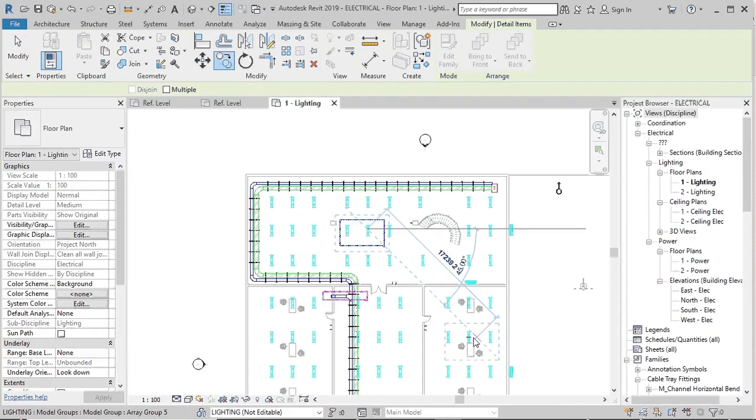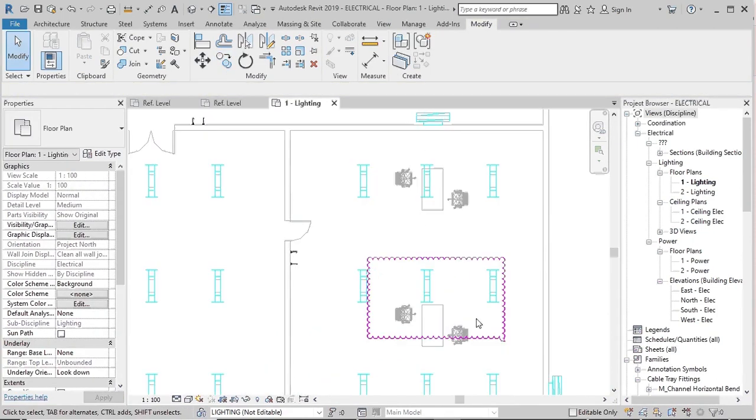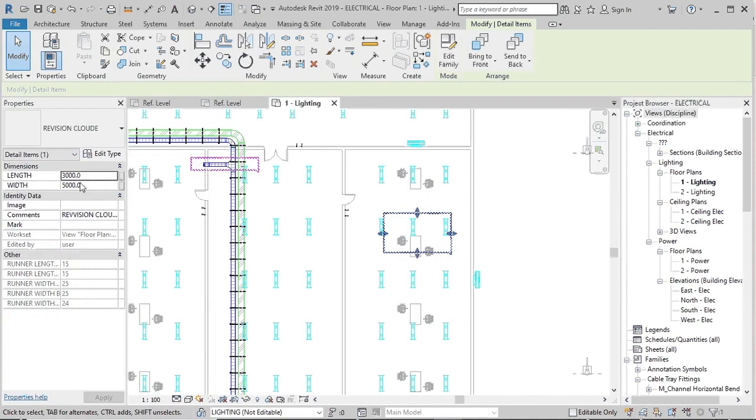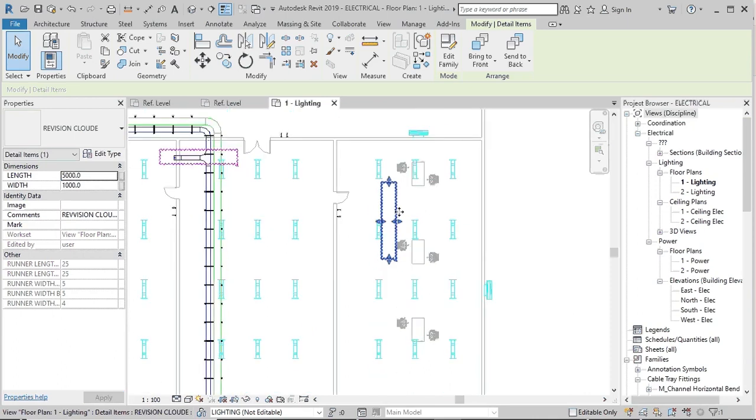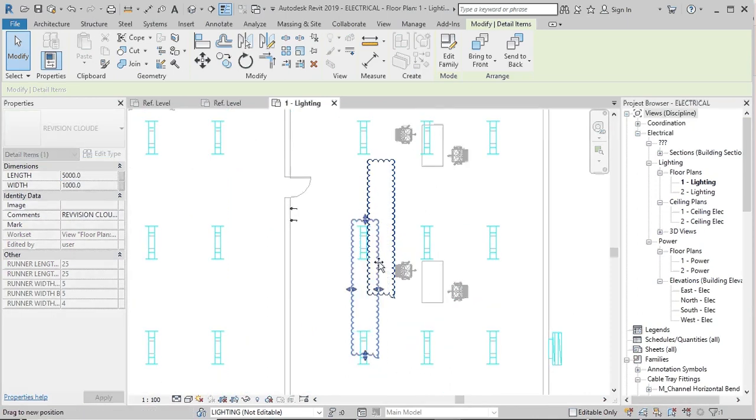After that, we can give the name also, explaining why we are changing the services. That's why I use this revision cloud family. So you also create it in your own project. Easily you can learn the family creation also.